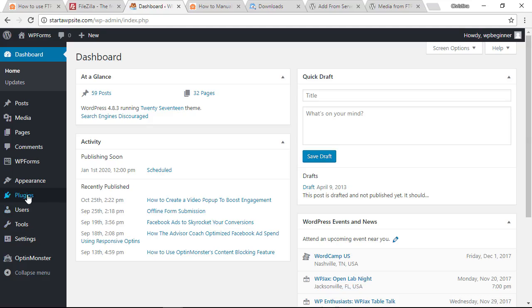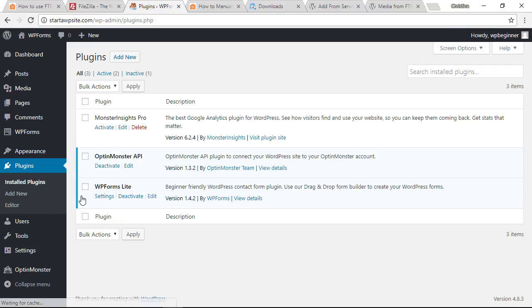So I'm going to go to my dashboard, head over to the plugins area, installed plugins, and you see the Monster Insights is in fact over, but when we upload via FTP, it'll come over, but it will not be active. And that works out really well in case there's something we need to do before we activate it.